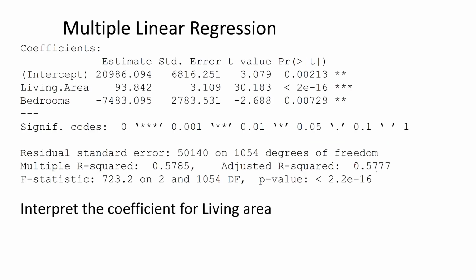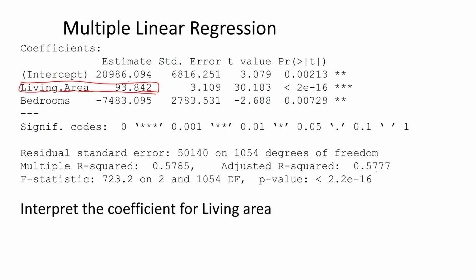So let's start by doing something that's changed a little bit with multiple regression. Let's interpret the coefficient for living area. So first, let's find the coefficient for living area. It's right here in our coefficients output. So the estimate for that is 93.842. All right, so if this was simple linear regression, how would we interpret that? We would say for a 1 square foot increase in living area, we expect sales price to increase by $93.84,